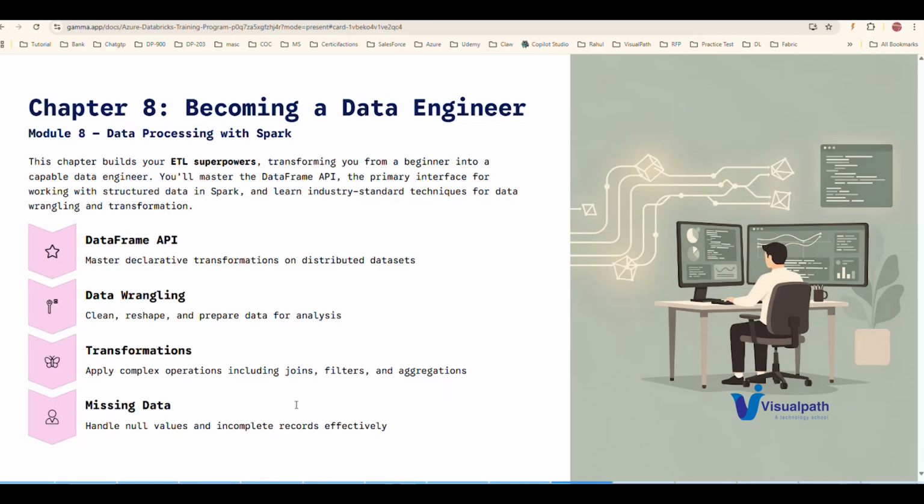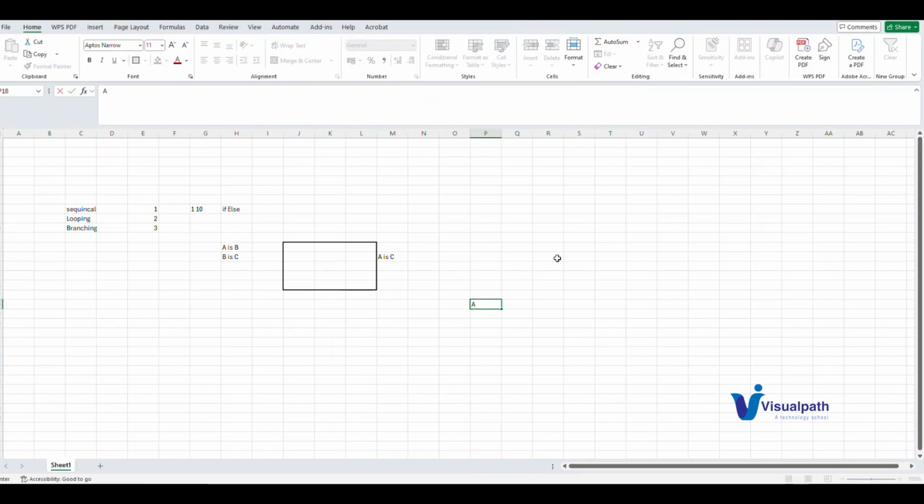Again, here we will cover joins, filters, aggregation, and how we handle missing data. Missing data means there are null values and the data is incomplete. In some cases the data will come as A, B, and E and C. Sometimes some data is missing here, so we have to understand why the data is missing. This sort of task is necessary for a data engineer. A data engineer is mainly responsible for ensuring the data has that level of accuracy. So that is one of the important things.